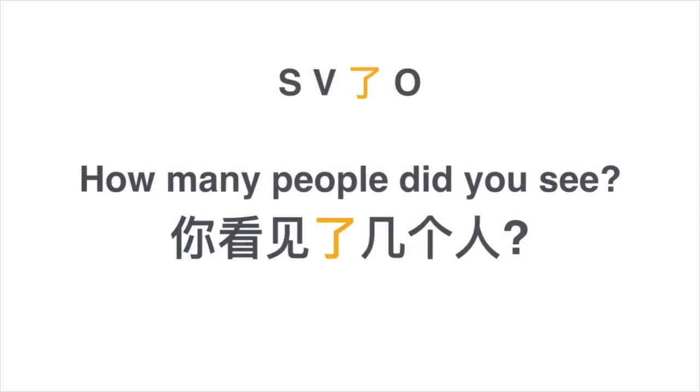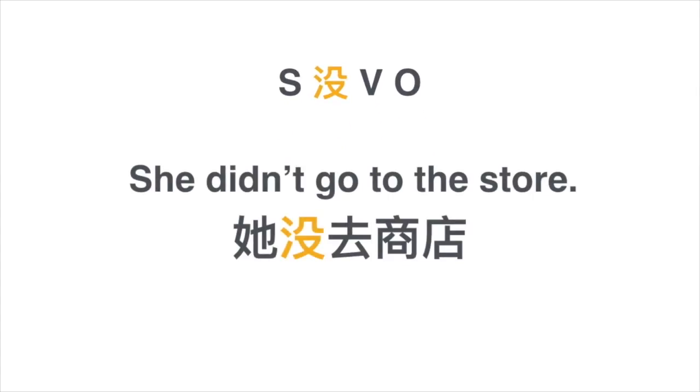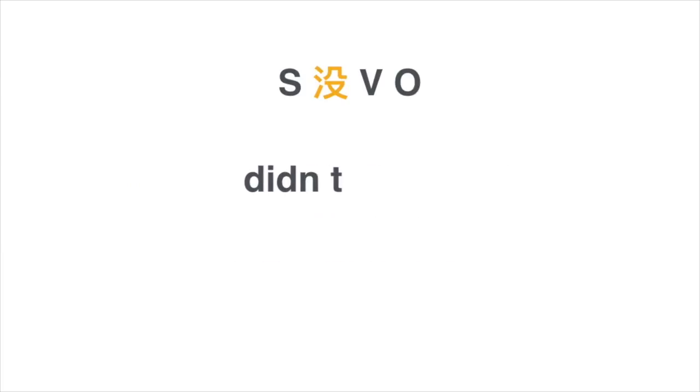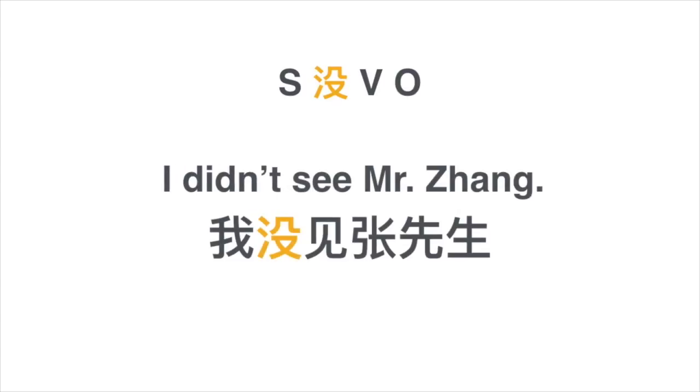How many people did you see? 你看见了几个人？几个 is how many, right? To negate that, to say I did not do something, then you replace 了 with 没, but you put 没 in front of the verb. For example, she didn't go to the store. 她没去商店。I didn't buy it. 我没买。I didn't see Mr. Zhang. 我没见张先生。见 is the same as 看见。